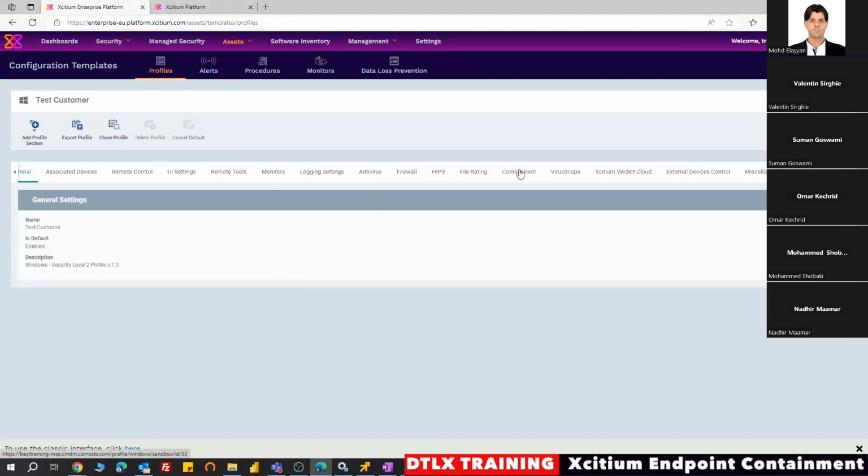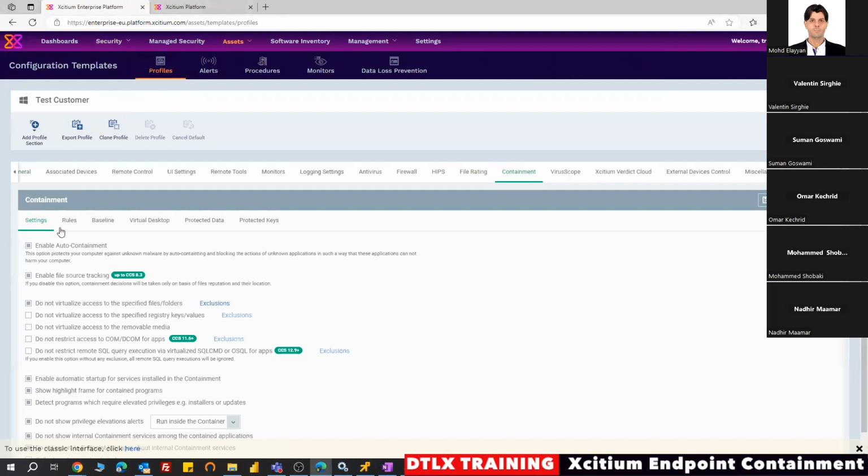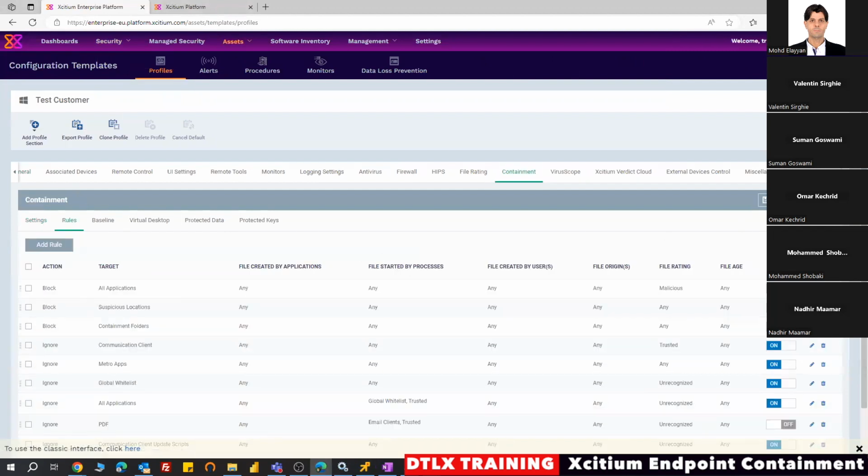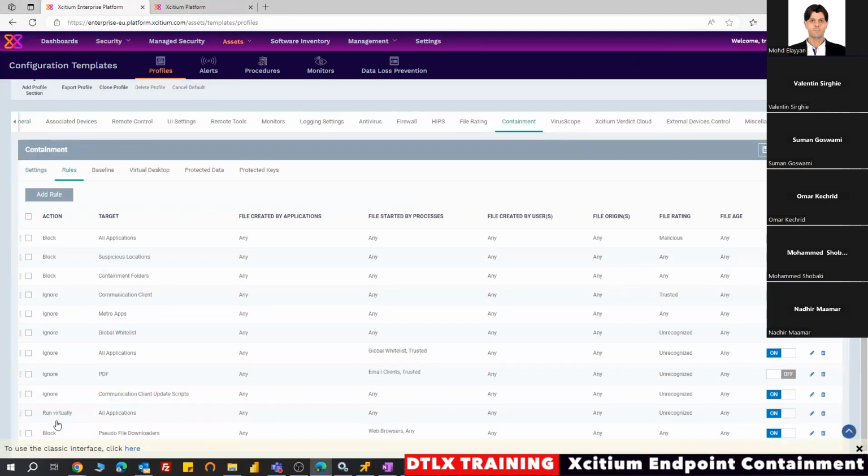Under containment and rules, the last rule is block pseudo file downloaders, and if it's a web browser. So if we are looking here,